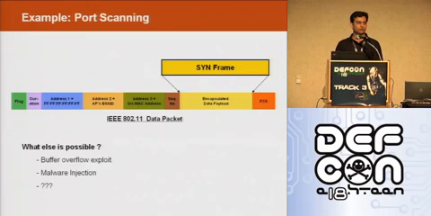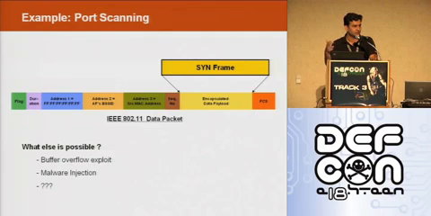And one example could be port scanning. If I am going to use a payload which is used for port scanning, then my packets will actually reach the victim, and the victim will respond to that packet, which means I can do port scanning and find out whether that Wi-Fi user is vulnerable or not, which can further be exploited.